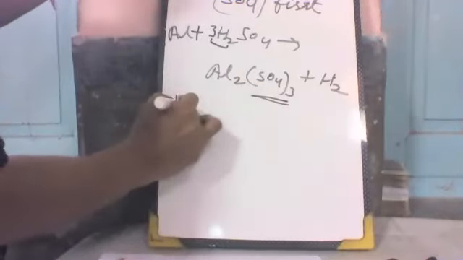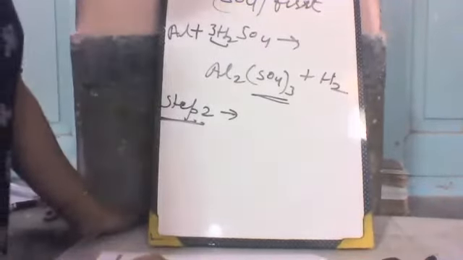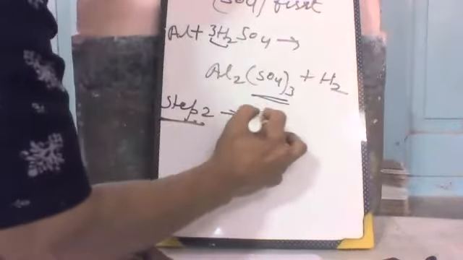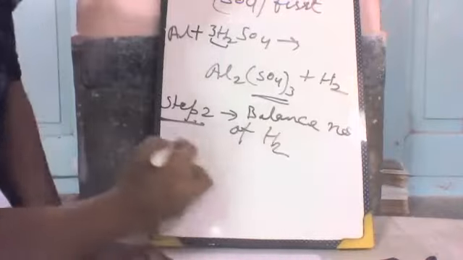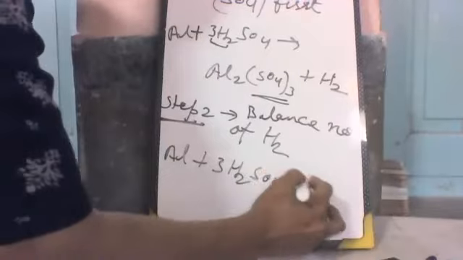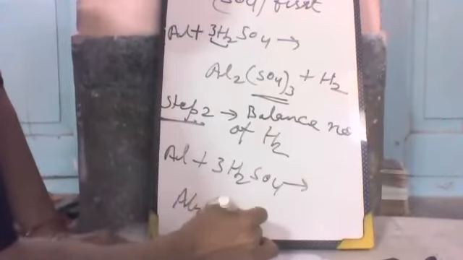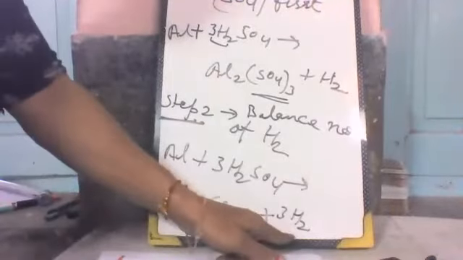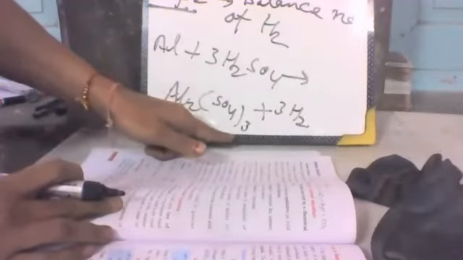Then step 2. In this step, we have to balance the number of hydrogen. Then it is Al plus 3 H2SO4, and it is Al2(SO4)3 plus 3 H2. Now it becomes 6. The number of hydrogen is 6 here, and the number of sulfate is 3,